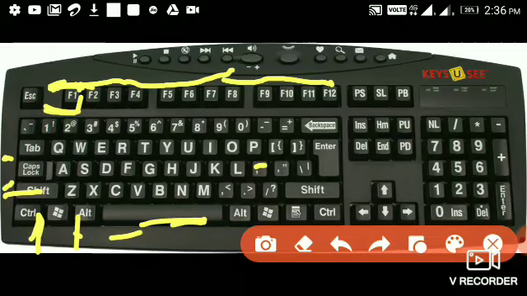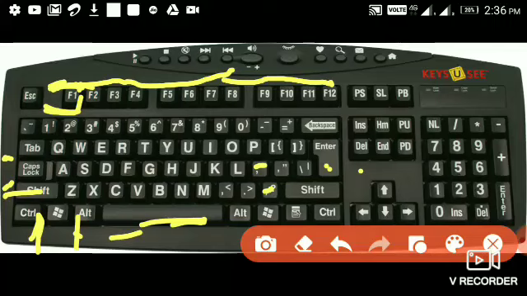After colon and semicolon, there are the question mark, single quote and double quotation mark. So here this is the question mark and here the single quote and double quote marks. These are punctuation keys. Then the label on this key can be enter or return. So the enter key is here. You can see the enter key depending on the brand of computer that we are using. In some keyboards we use enter, or in some keyboards we use the return key, to move the cursor to the beginning of a new line. In some programs it is used to send commands and to confirm tasks on a computer.